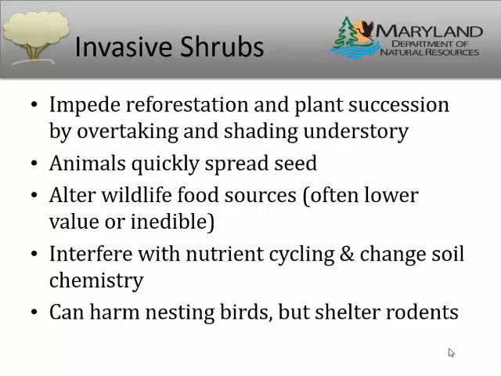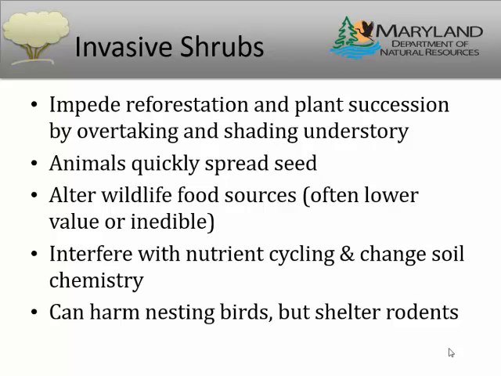They're maybe the equivalent of going to eat fast food over some great salads and healthy foods. So the birds aren't necessarily getting the sources of food that they would from the natives, but they get like a high energy or a high sugar punch from these berries, and they very generously spread the seeds around with them. So these plants can tend to change the nutrient cycling in the soil and the soil chemistry, as well as the hydrology and a lot of different things.